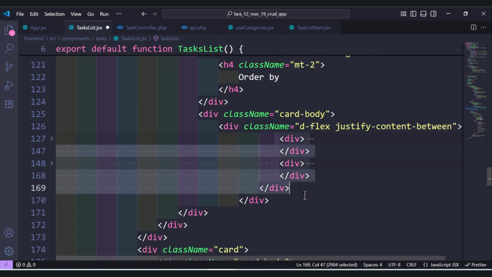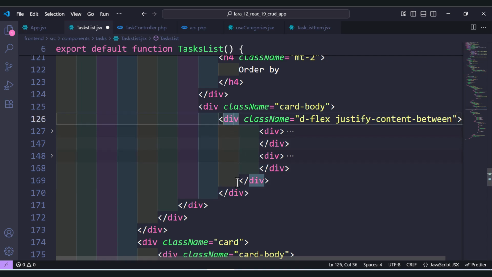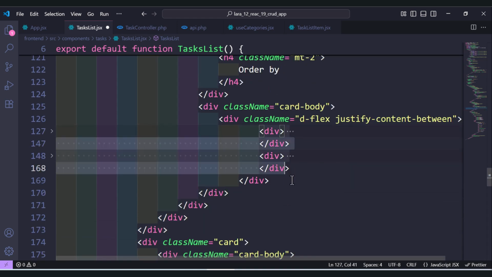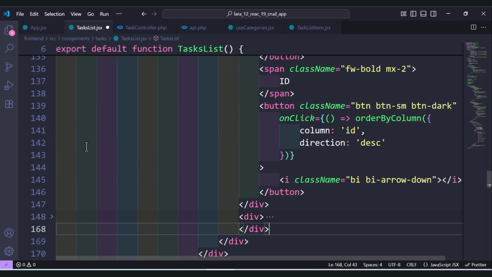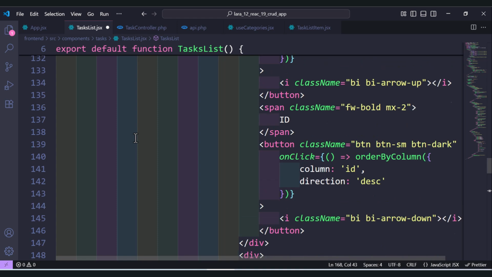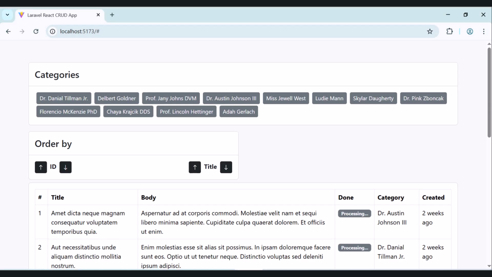And now we can move these divs to be here. Let's see. I think that we have, okay, this one needs to be here. And now we can organize our divs. Okay, so finally we have organized these divs. Let's save and take a look. So we have the order by, and I think now it's better. So only the half of it done. So we can